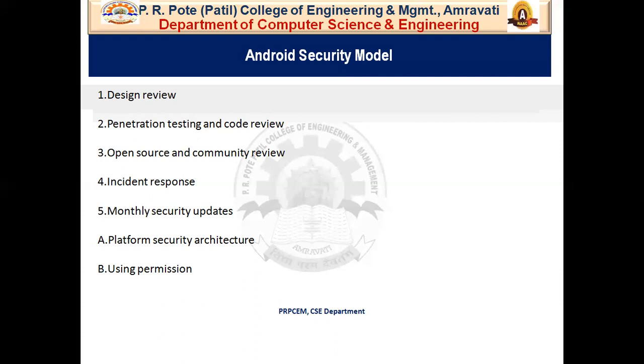After that, penetration testing and code review. In the development of the platform, Android created and open source mechanisms are subject to dynamic security reviews. These reviews are performed by Google's Information Security Engineering team, the Android security team, and independent security consultants.